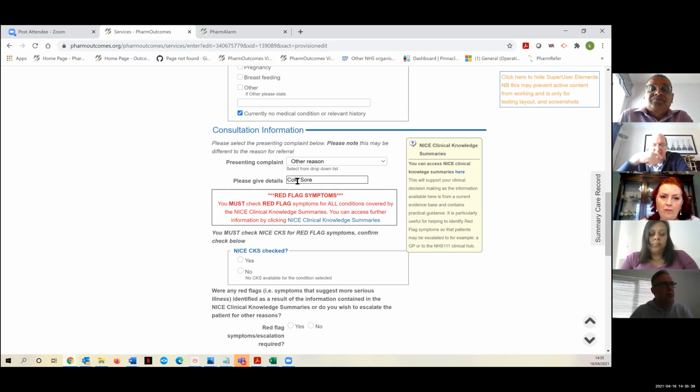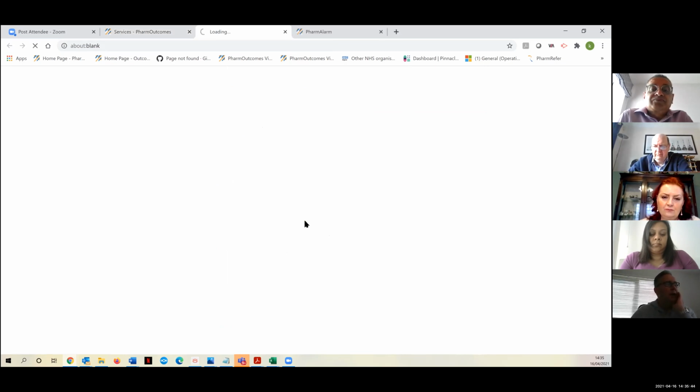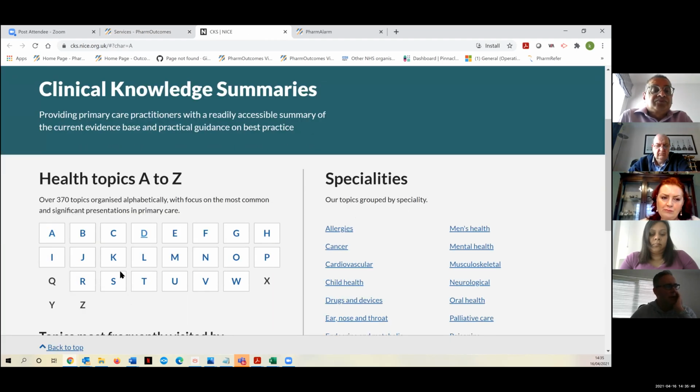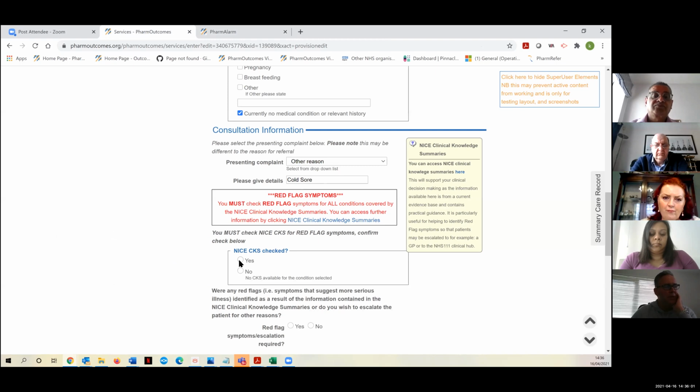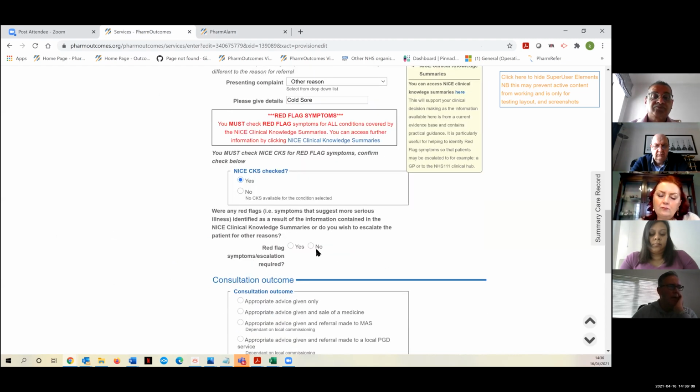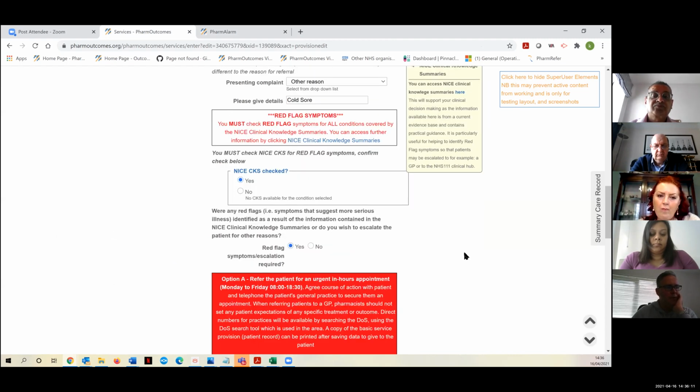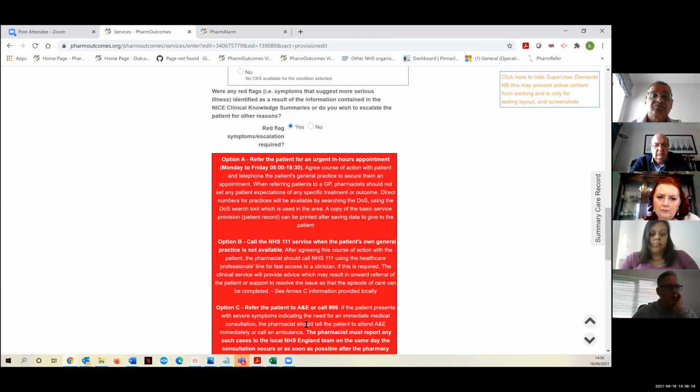that it's a cold sore, and then you've got your link to CKS, where you can access the nice clinical knowledge summaries that pop up to give you further information on red flags to watch out for with certain conditions and the like. So the specification requires you to acknowledge that you checked it, or say that you didn't need to. And then if you've identified red flags, the system will cover the course of action you should take